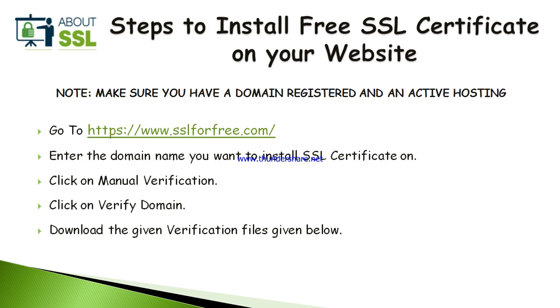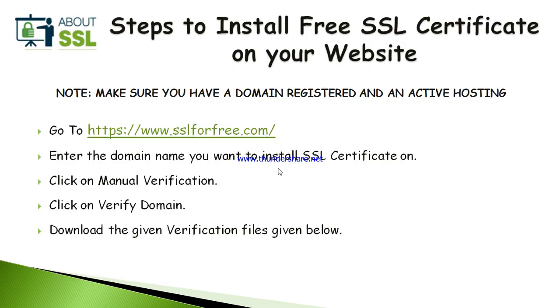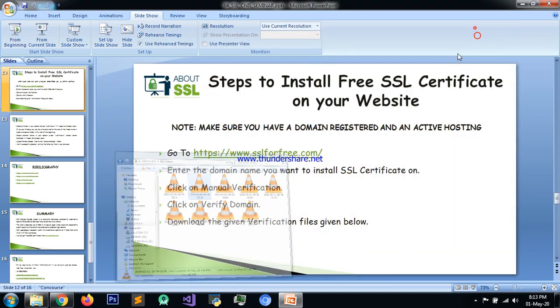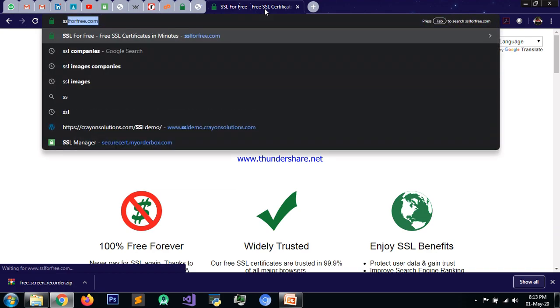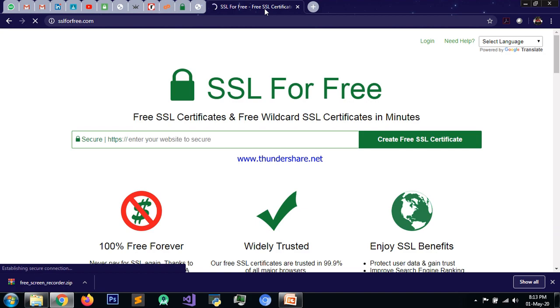Now, the steps to install a free SSL certificate on your website. For this, I am going to give you a live demo of how you can install a free SSL certificate on your website. Firstly, you have to go on ssl4free.com.